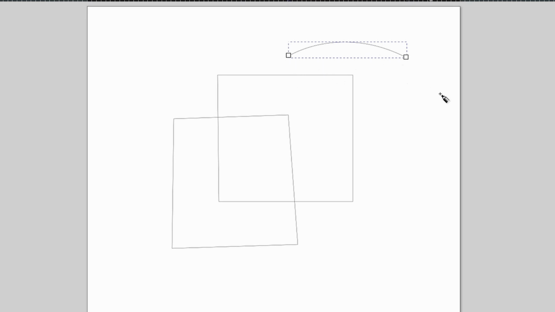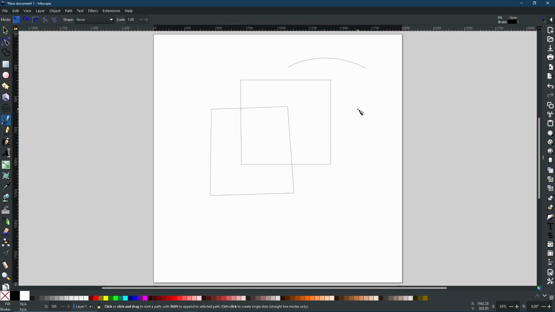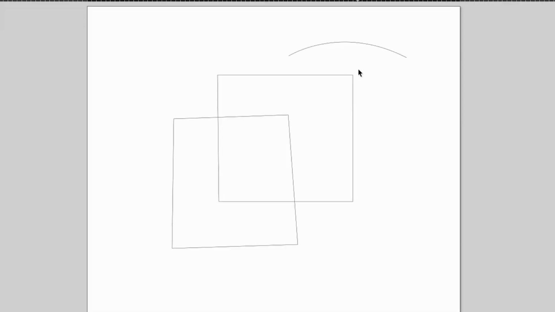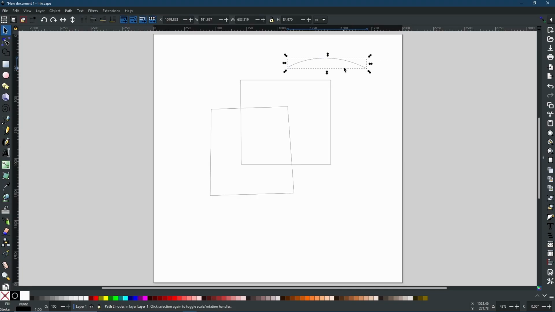Now say you click off it, or you want to move and oh no, you wanted to join it onto the end of there, but you didn't do it. You misclicked. Well, that's simple to rectify. By undoing, you have now got this. You can carry on where you left off by going to your select tool, which is right here, or you can press S on the keyboard. Now that you've got your select tool, select the line you want to continue and then go back to your pen tool